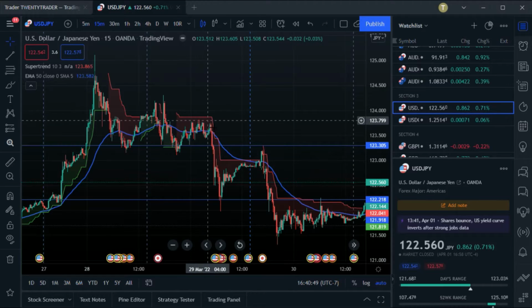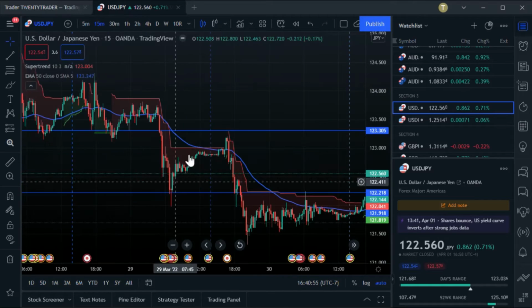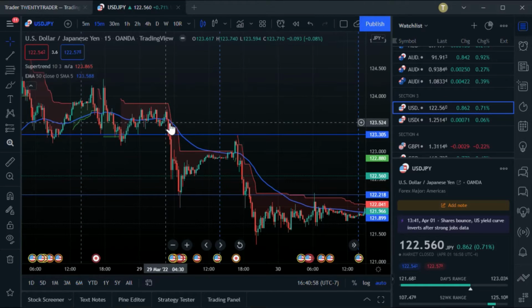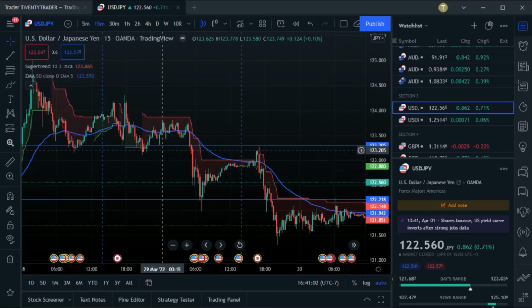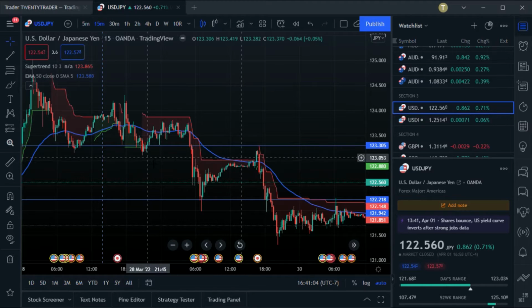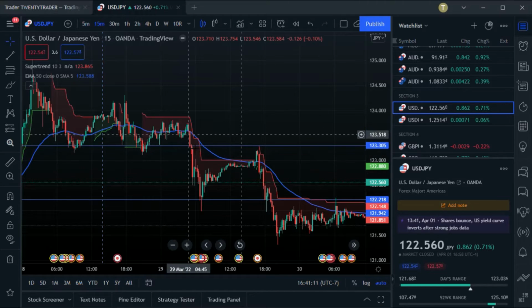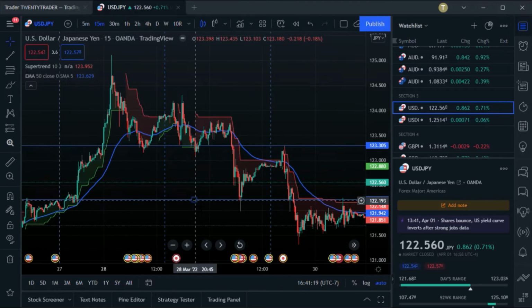Once price broke that, I know that all these buyers, all these people that bought this, are getting stopped out. That's why you get this violent slap to the downside, because everybody's stop loss got triggered. Where do they put their stops? Right below the swing. That's where the stops are. So when price breaks it, you're going to get a violent splash. And here's why support and resistance is critical.